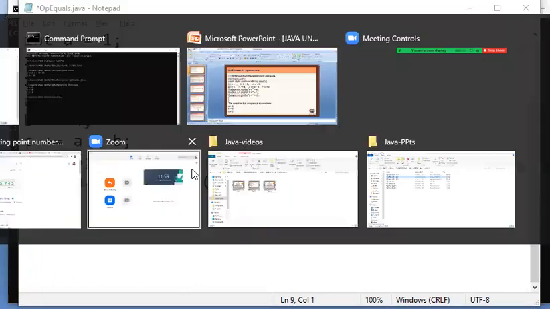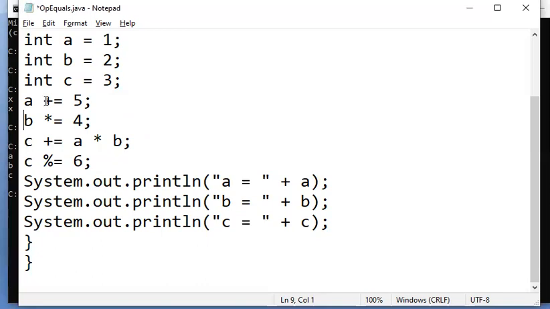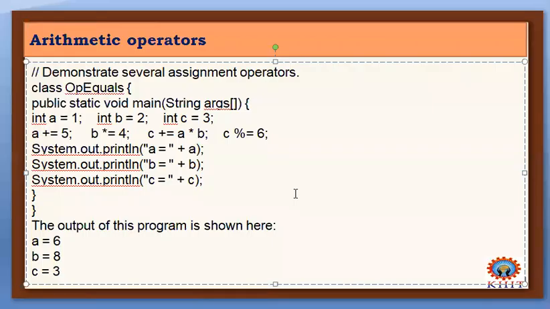So whatever the calculation, it just gives the output for me. So the thing is here you need to understand this compound assignment operator, how these compound assignment operators will work. That is about the arithmetic operators we have.